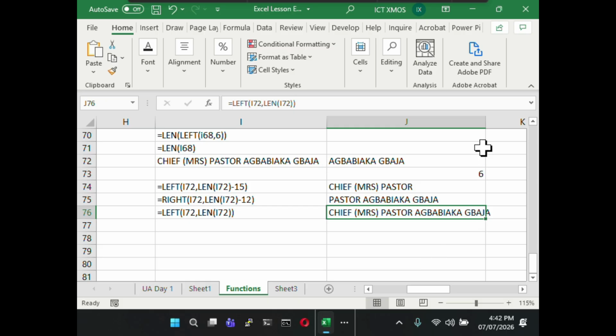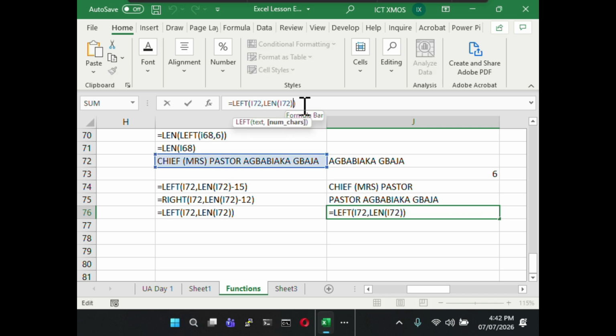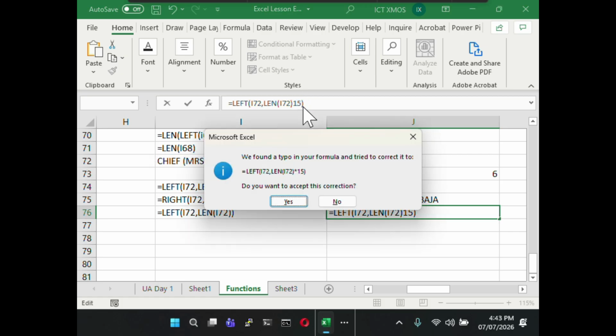Just put 15 instead of the negative after the LEN bracket. So just type 15. Let's see, it will be an error. It will be an error because you must put something, either an operand. Okay. So, because of what you are seeing here,